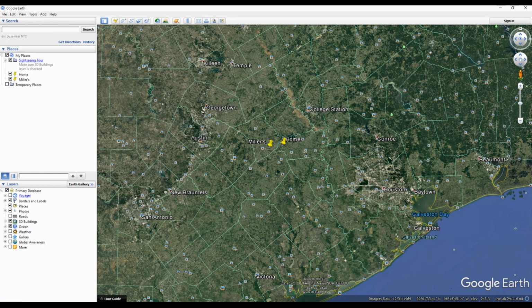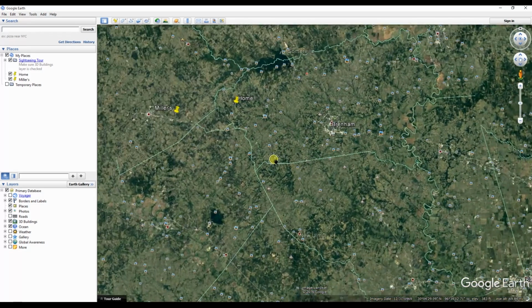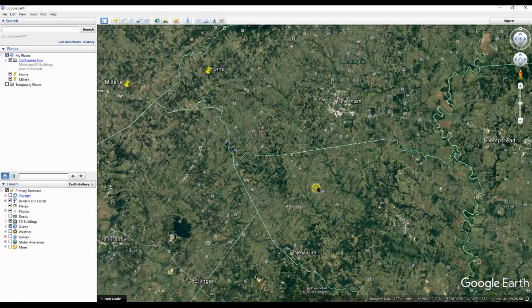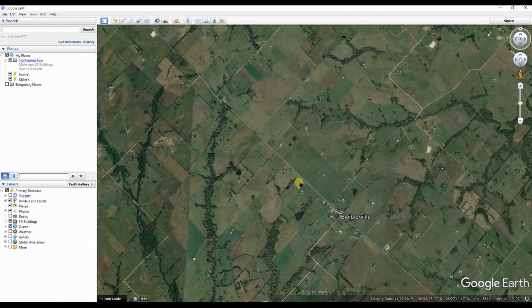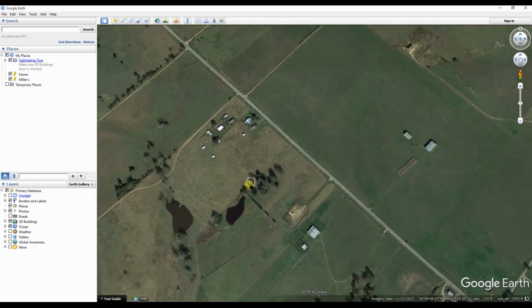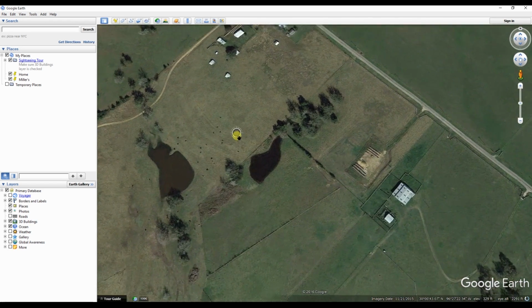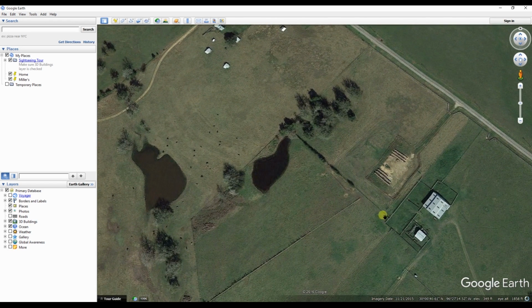And so you can download Google Earth if you don't already have it. You can type in any address that you want, find where it is. If you can't, you can get close, just a city, and then zoom in. I'm not going to show my exact locations, but we'll just zoom in on somebody's farm. If we decided that this is where we were hunting and we wanted to save this and map it out,